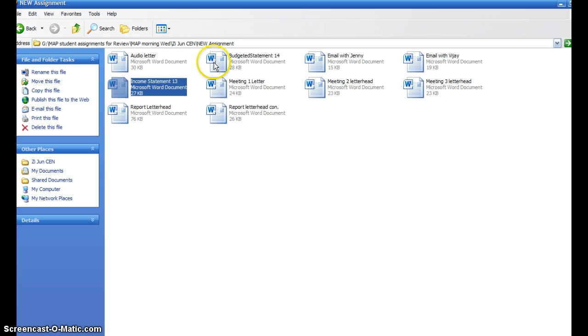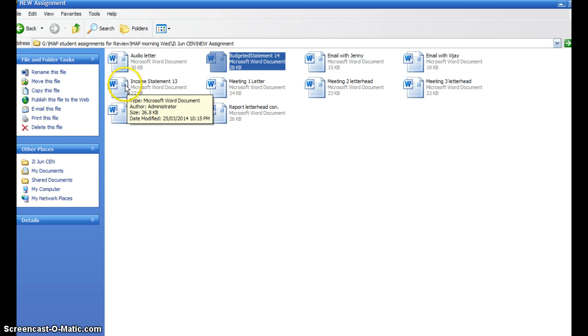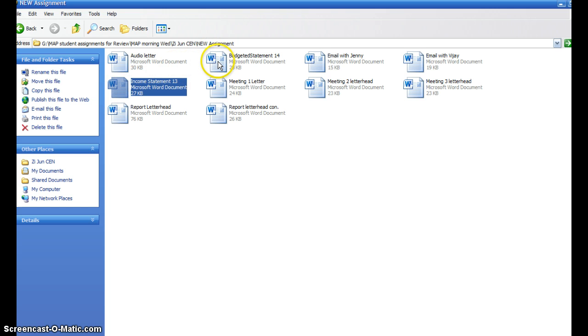Now these two are in relation to your part of your report. What that means is you have done your calculations using the budget statement and the income statement. Now what is missing in this is an Excel file, because some of the requirements of your assignment are that you have to use Excel somewhere. So bring in an Excel file connecting these calculations, and also create a PowerPoint using these as slides, and also maybe get a graph of them in relation to how the expenses, all the various aspects of the expenses,